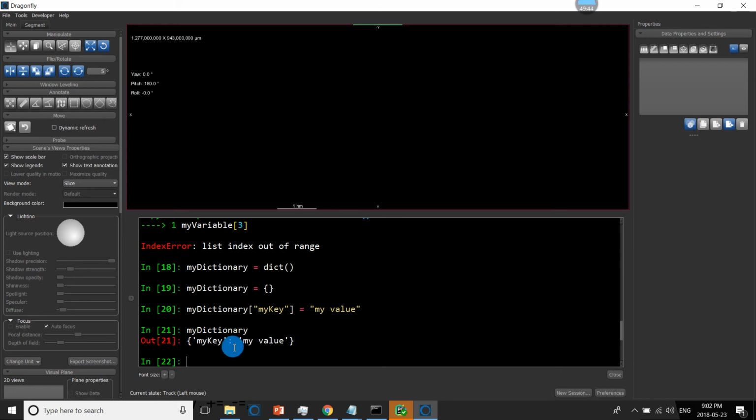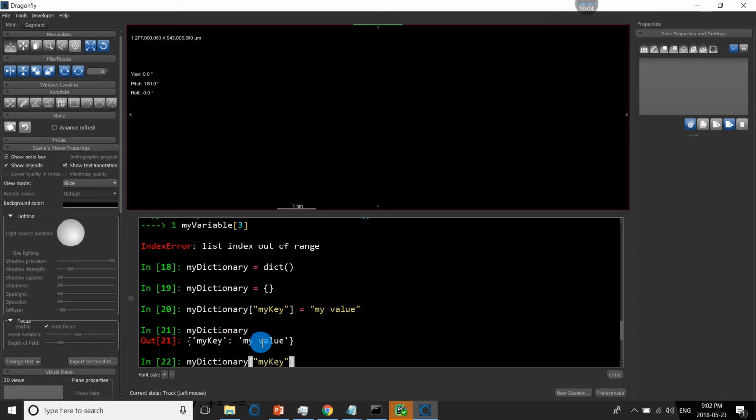So for my dictionary, if you want to insert, you use the square brackets and you give it a key. So for example, you can call it my key and assign it anything.